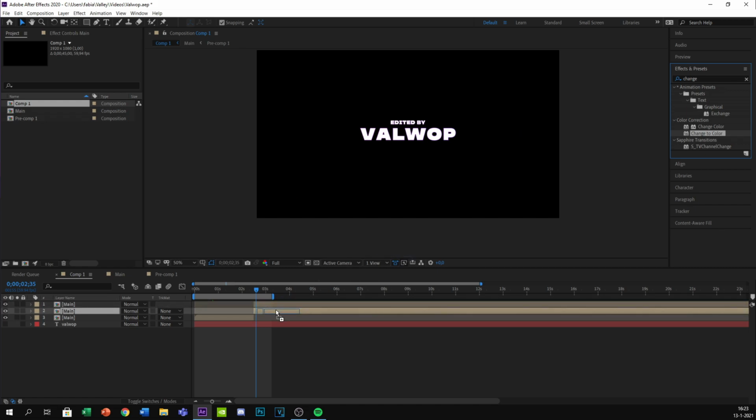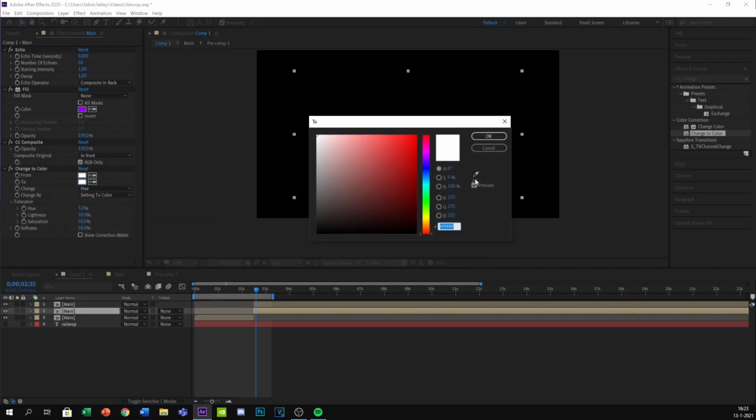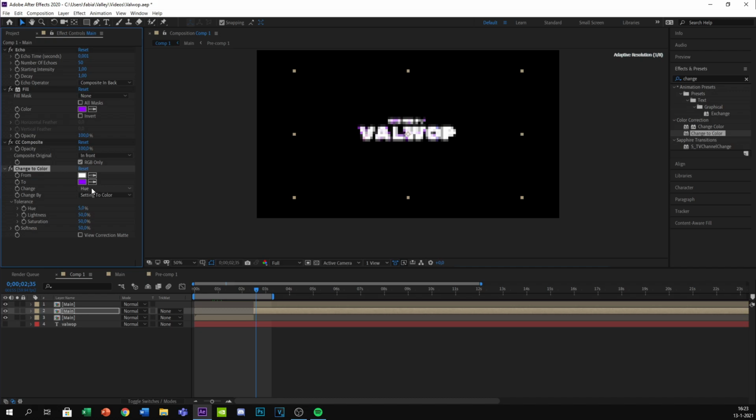We're going to change from white to the dark purple. This one, the dark purple, and click change hue, lightness and saturation. And yeah, that's basically it.